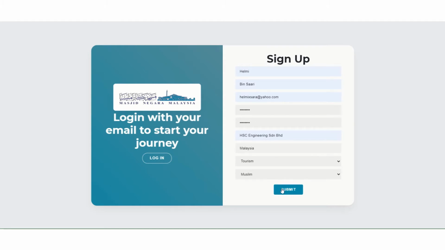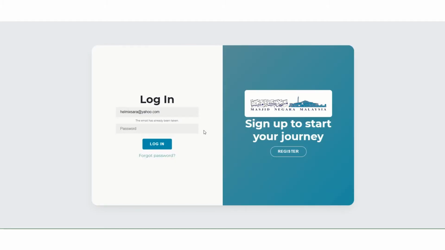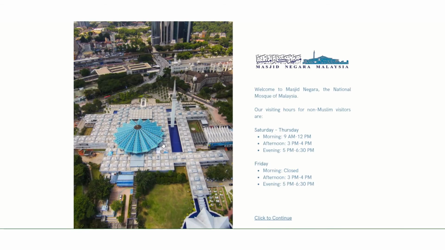and then you submit. Once you have submitted, you will have to key in your password here and you log in, and you come to this second page. This is the welcome page for the VR tour. Here you will see information about the visiting hours previously when the mosque was open to the public, and you go down and click on continue here,